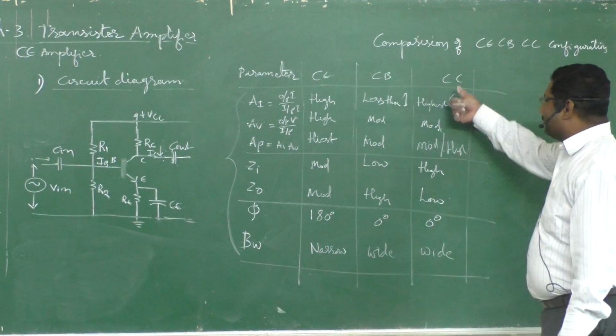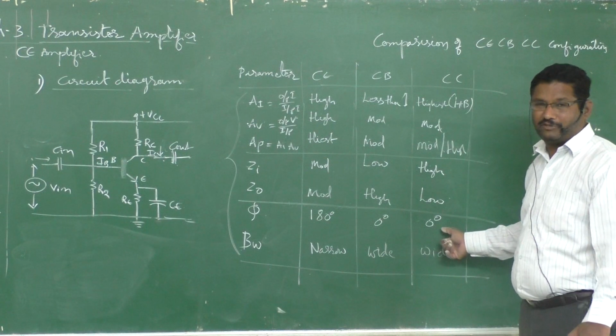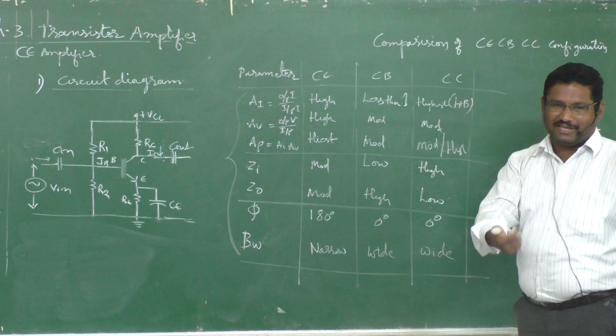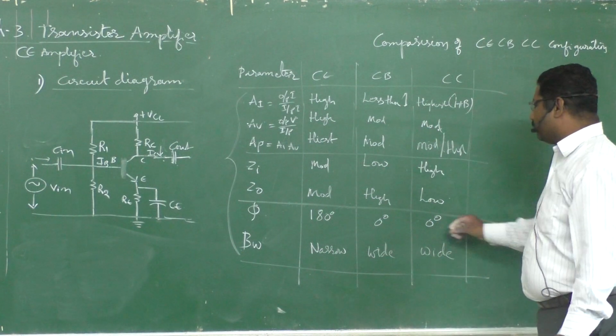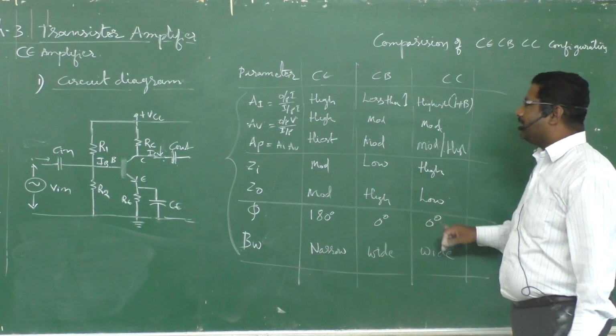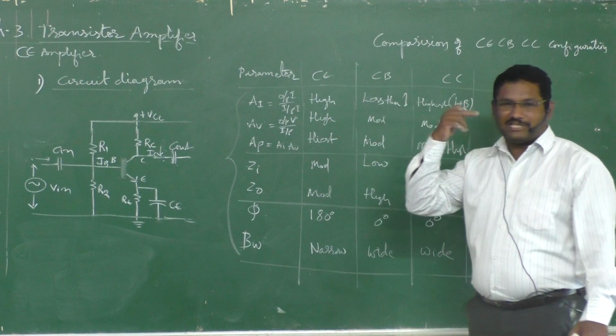And here, this will not tell lies. I mean there is no phase shift. If it is listening yes, it will say yes. If it is listening no, no will be coming. It means that between input and output there is no phase shift, in common collector and common base. What about the common emitter? Common emitter, if it is listening yes, it is saying no.